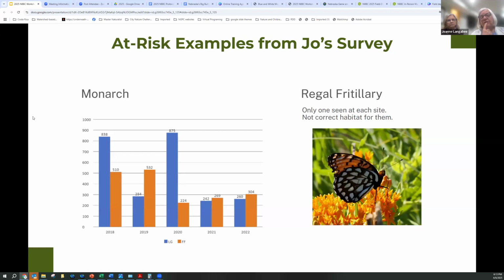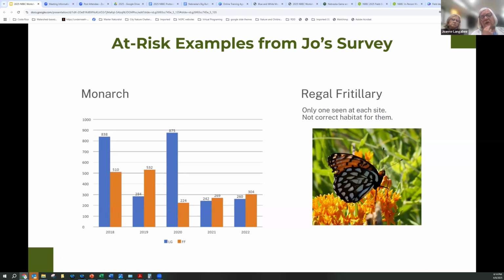So some of the reason for this is just an example. The graph is of the monarch, and we keep hearing a lot about the monarch and how the populations are declining. Until you go out all the time, we have no idea what's happening in this part of the country.